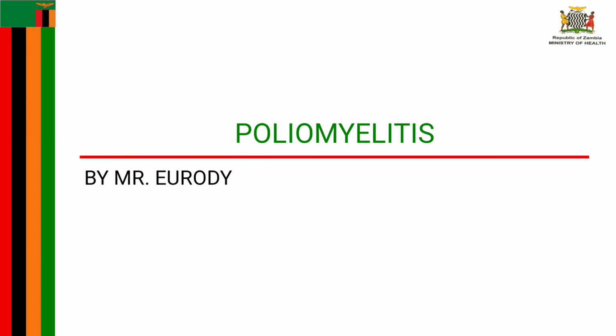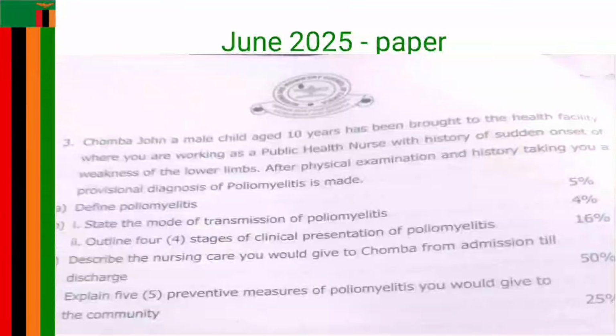In today's session, we are looking at polio. So we'll go straight to look at the scenario for polio today. And this is coming from the June 2025 paper. The scenario says, Mr. Chomba John, a male child aged 10 years, has been brought to the health facility where